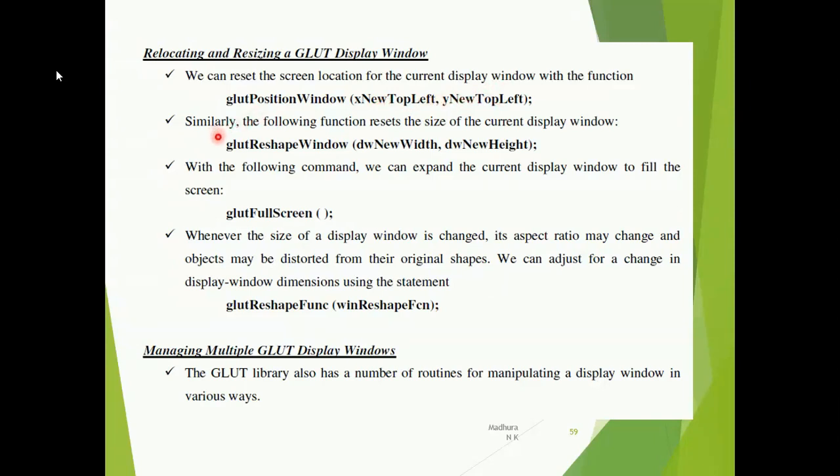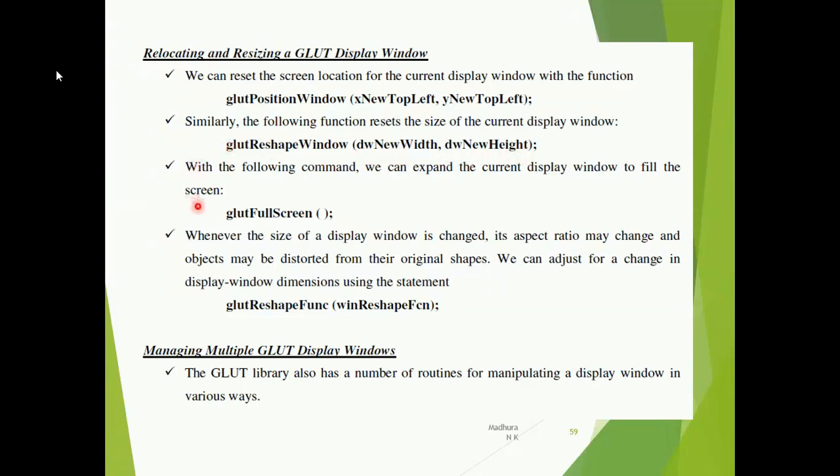Similarly, the function glutReshapeWindow resets the size of the display window. Within the bracket we write new width and new height, so that you can change the width and height of the display window.